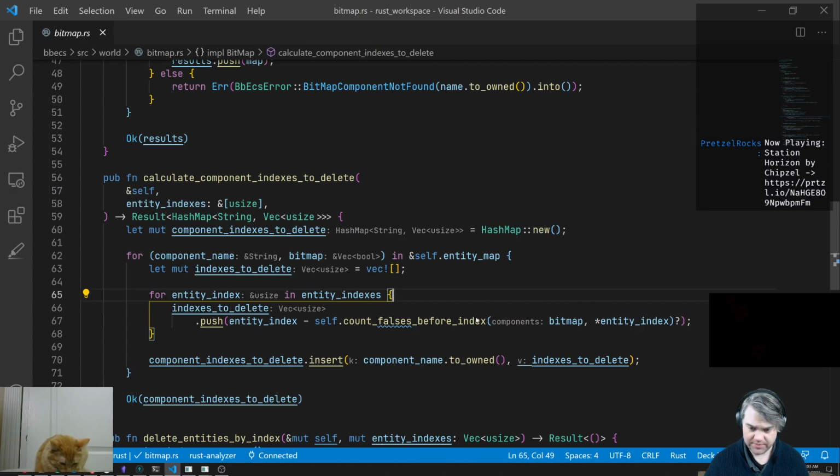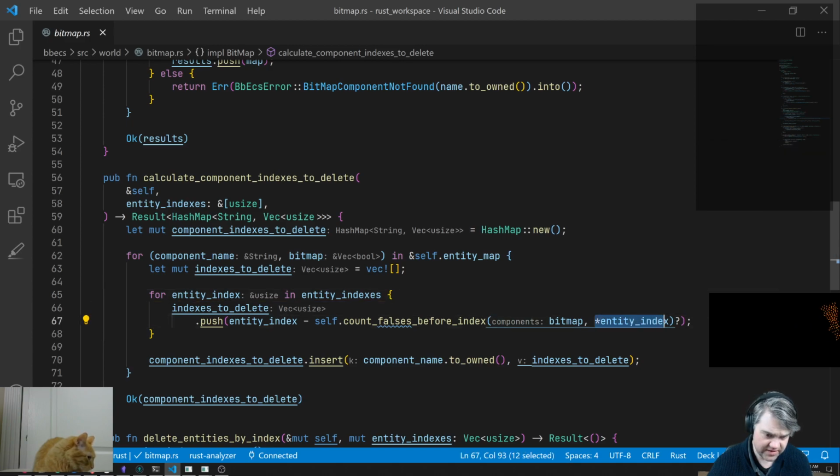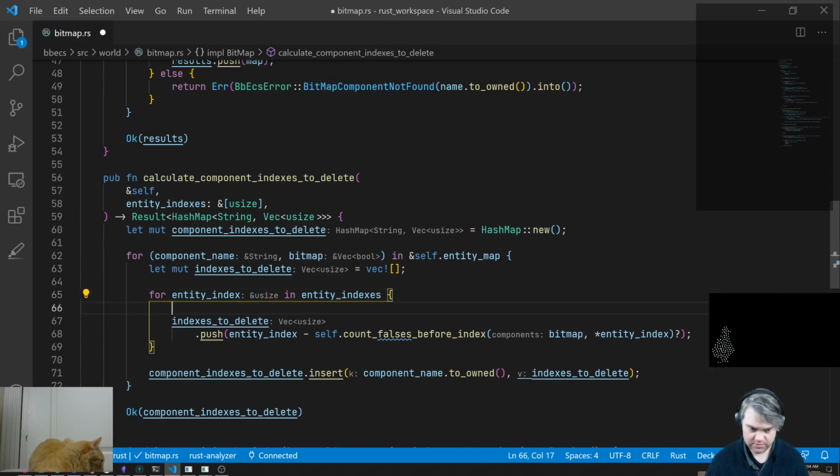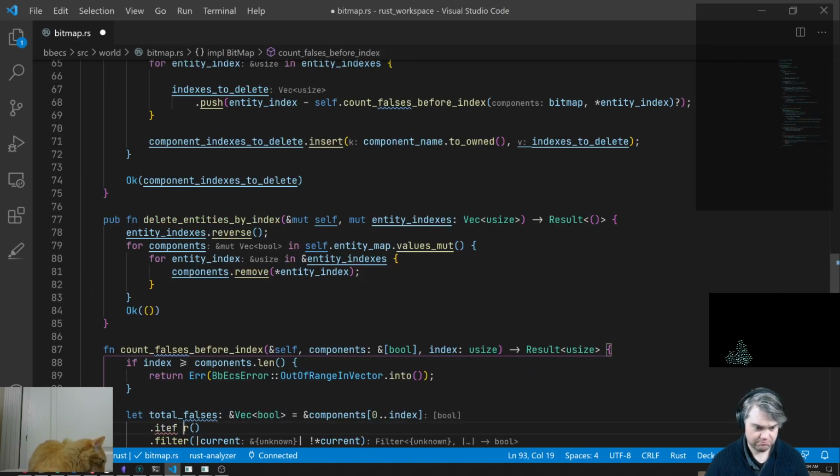Bitmap. Okay, so we're basically our entity index. How do we know if we're false? Entity index of this bitmap is our current, okay, is our current vector. Okay, so if our entity index of this bitmap,